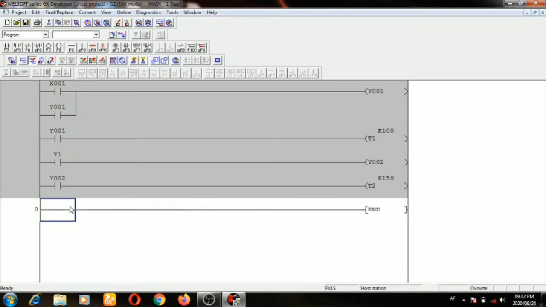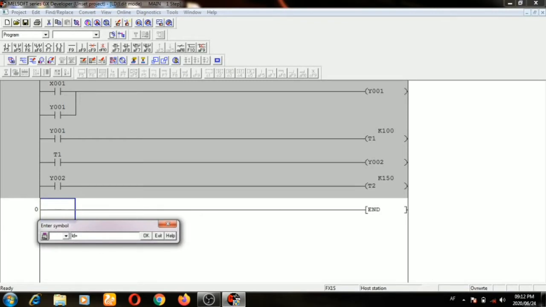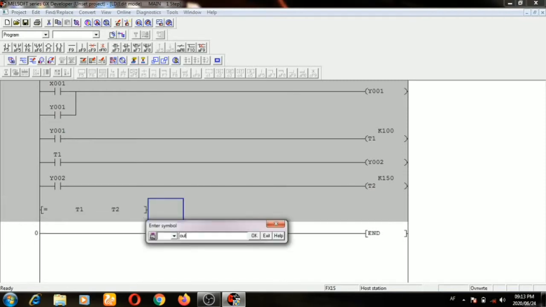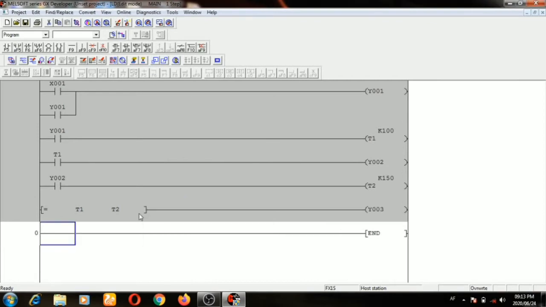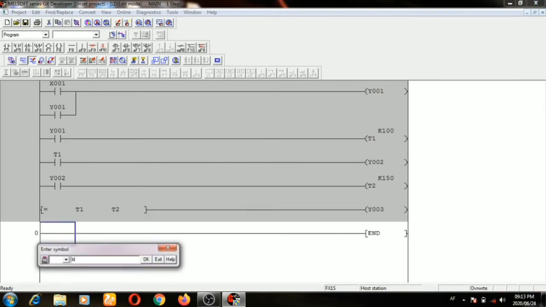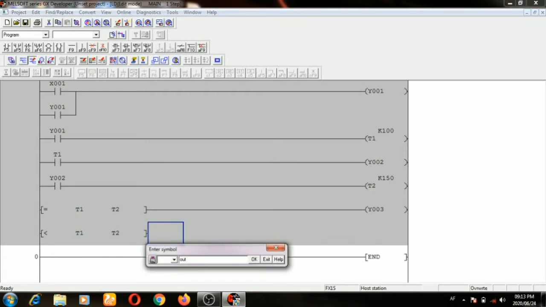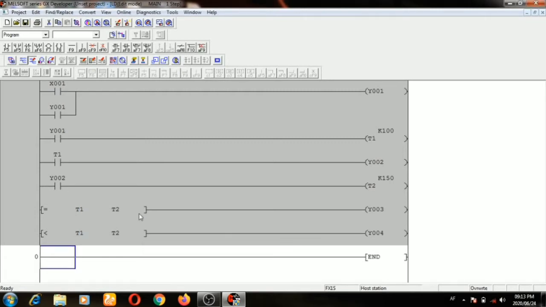So what we have to do is check the compare block. Let's make a compare block. LD equal to T1 T2. If the values of T1 and T2 are the same, output Y3 will be on. If LD less than T1 T2, that means T1 value is less than T2, so output Y4 will be on.